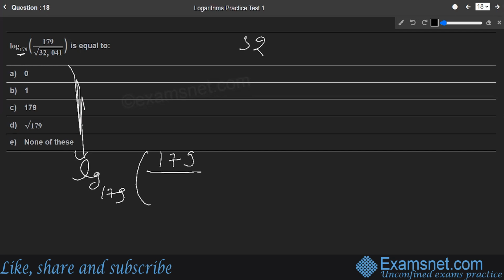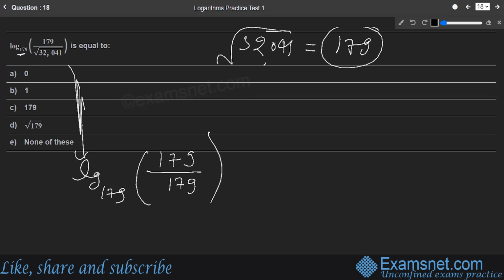If you try to find the under root of 32,041, you can do this by prime factorization also. The under root of 32,041 is nothing but equal to 179 only. So clearly under root of 32,041 can be written as 179. So let us write 179 here also. If you solve this, 179 and 179 get cancelled, so you are left with log of base 179 of 1,